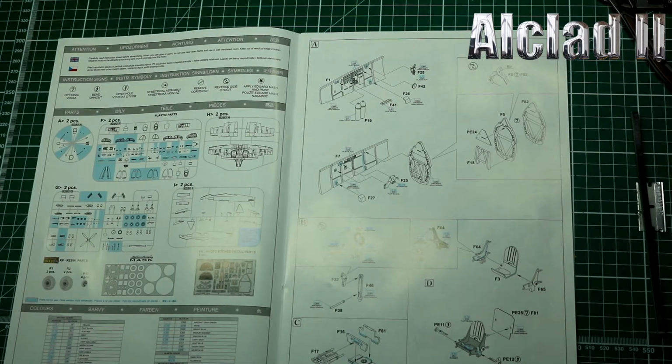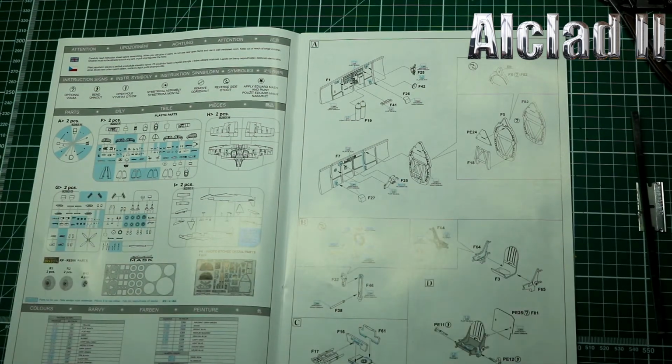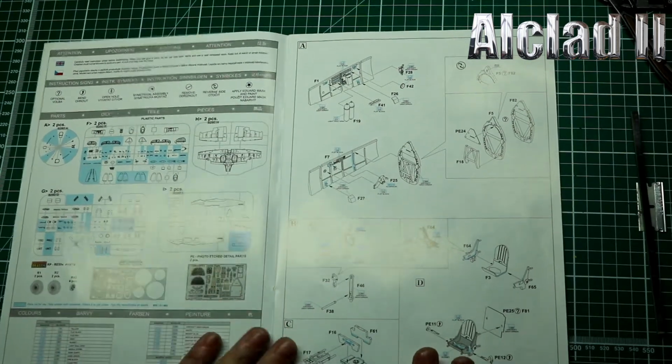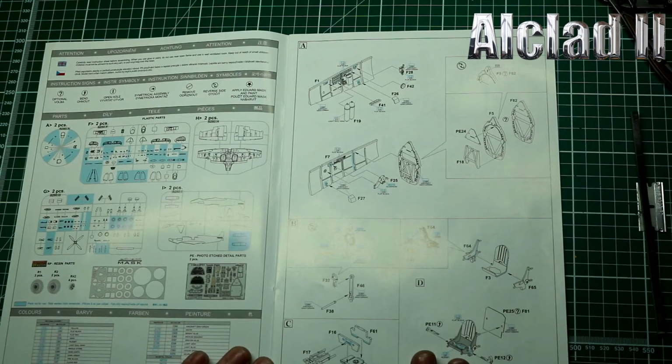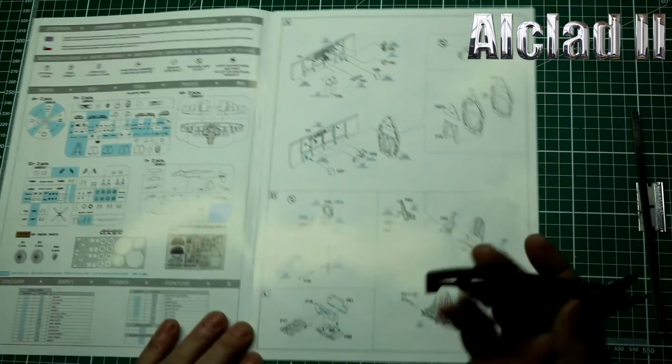Right, so we're straight into the cockpit area of this kit. I have built a few of these before, as I've said earlier. They are absolutely superb kits. What I tend to do is make a lot of the parts up and spray it all in one hit with the airbrush. But what I'm going to show you first is how we remove parts from the sprues. So we want, first of all,